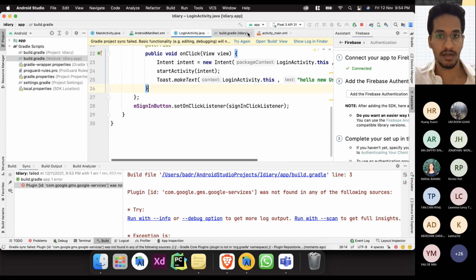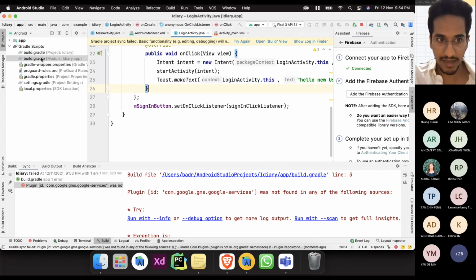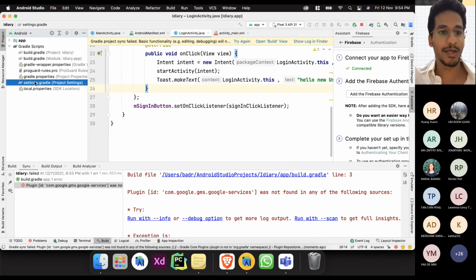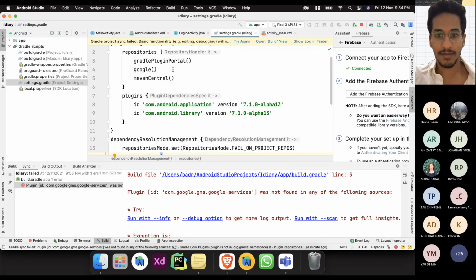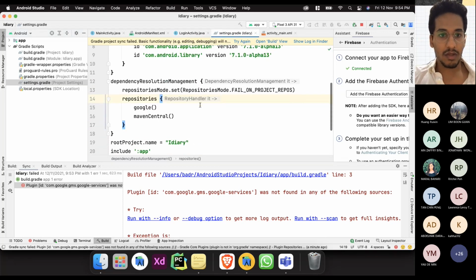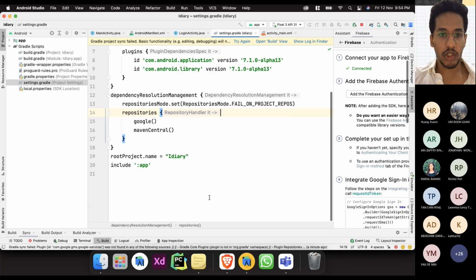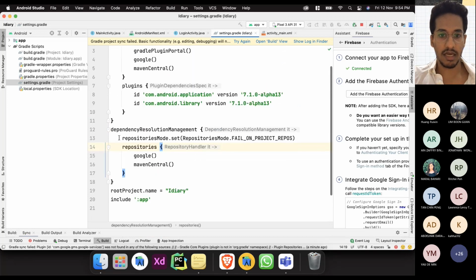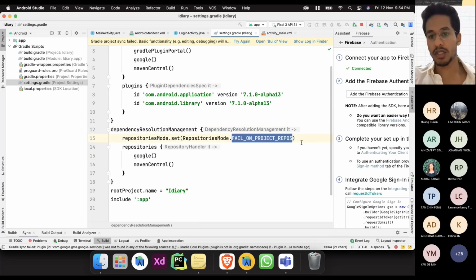Sorry, don't go to the build Gradle files, go to the settings.gradle file. Over here, you should find this line of code: repositoriesMode.set(RepositoriesMode.FAIL_ON_PROJECT_REPOS). What you're going to do is remove this code